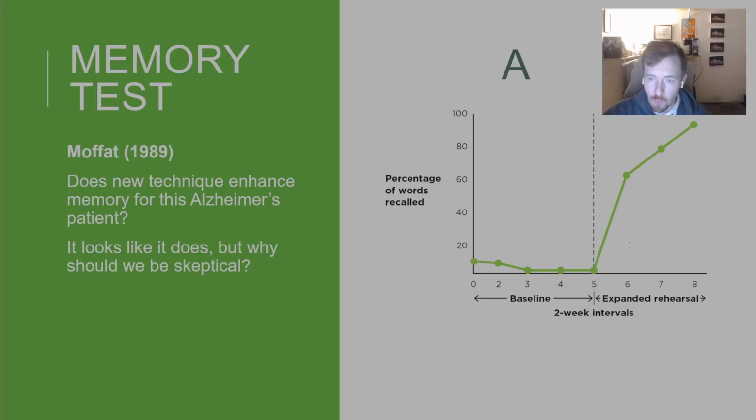But we have to be careful. Why do we have to be careful? Because this is an A-B design. We aren't 100% sure just on this data about what is controlling behavior here. Is it the case that this expanded rehearsal is in fact helping behavior, or is this the case where just by chance